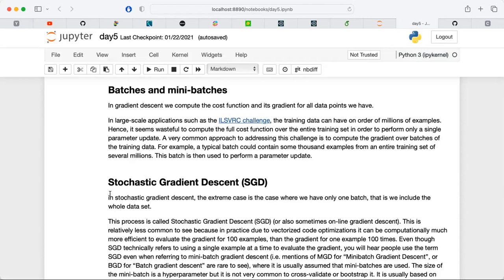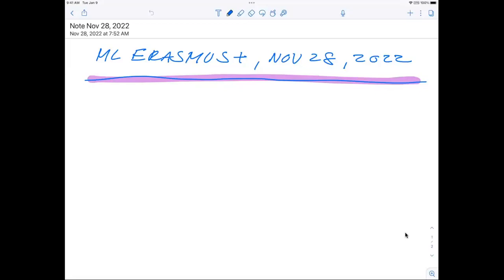Let me quickly remind you of some of the overarching things which we discussed last time. And let me now bring up the whiteboard so that we are all on the same page. So when we look at the gradient calculation, gradients and optimization,